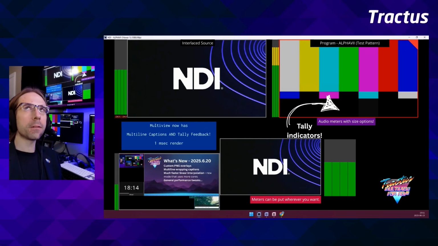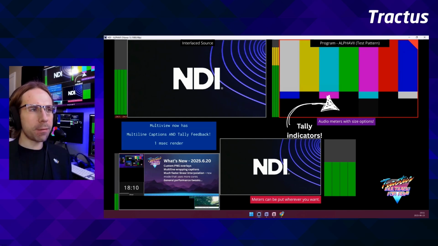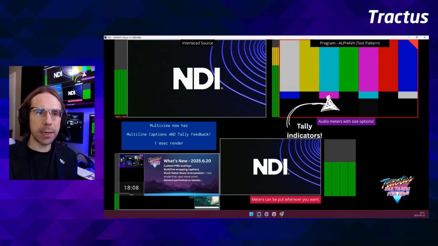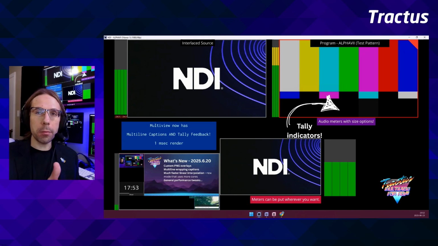One of the reasons that I implemented it this way is that this has been a core design principle I've had for Multiview for NDI. I don't want to force my way of thinking for production process on you, right? My team and I have our own way of producing broadcasts, but you may have a different way. You might want your audio meters on the right-hand side of your Multiview. You might want them on the left. Eventually, I want to have horizontal audio meters.